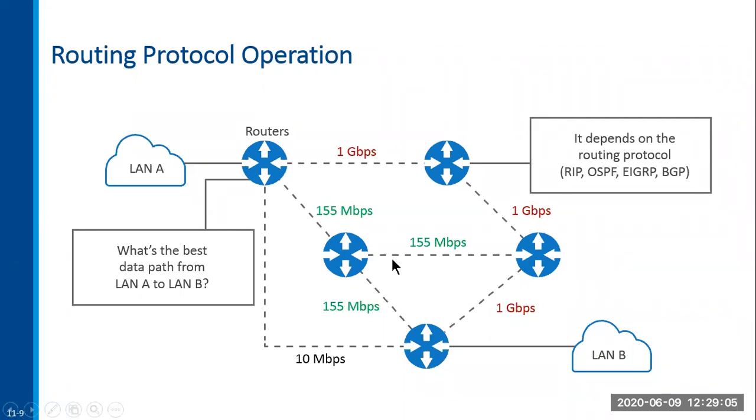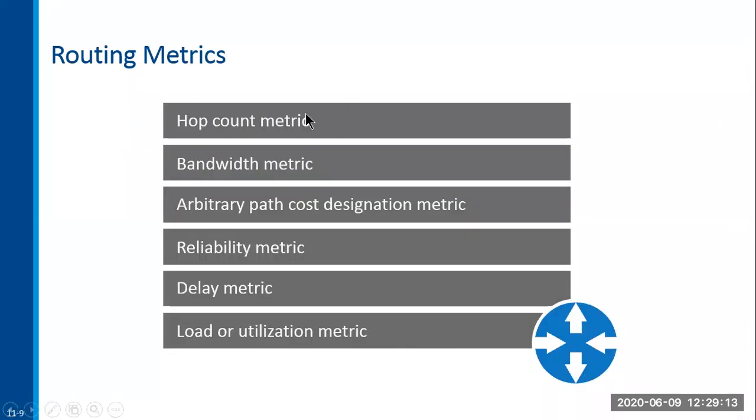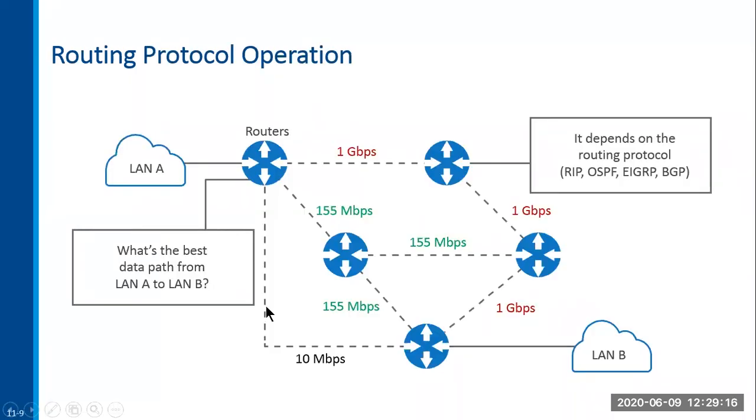So notice to go from lane A to lane B here, there are various different paths. But if hop count is the metric, then guess what? The bottom path is the best, because it has the fewest number of hops. You only have to go through 2 routers to get between lane A and lane B. Whereas the gigabit links path is 4 hops. So routing protocols like RIP, which uses hop count as its metric, will think that path is very inefficient. Whereas look at the bandwidth.